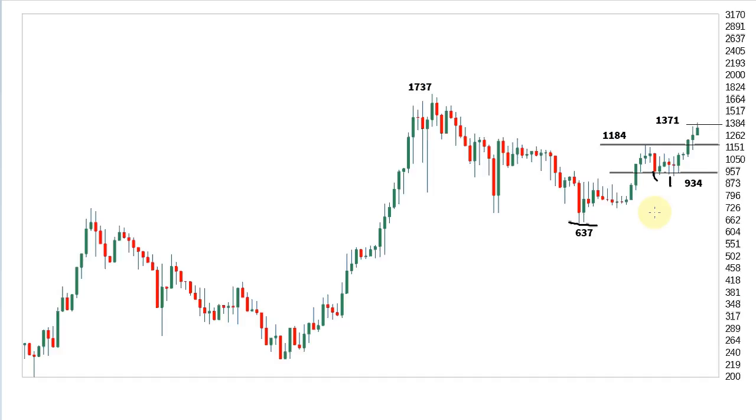What do you think happens when you enter an area where you're supposed to find resistance and you don't? Fast move to the next level. It took 2 periods to go directly to 1184. Back to key fib for quite some time, and it just settled in here for a little bit. And now all of a sudden it breaks out, and price action is actually pretty much at 1400 now